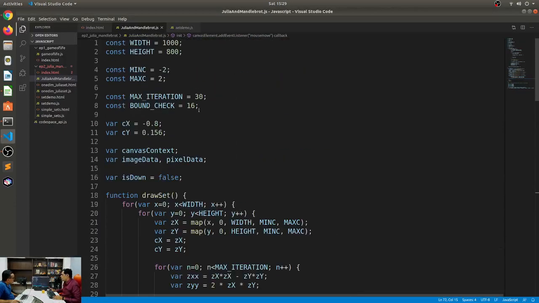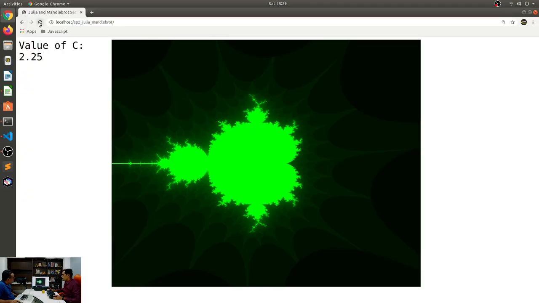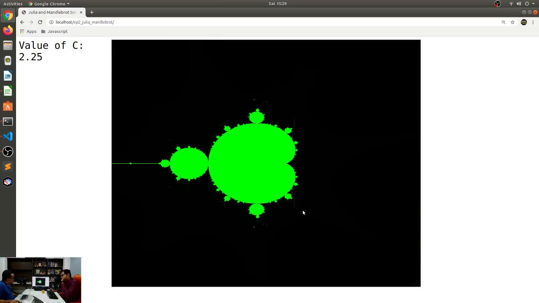Let me take up the iteration to, let's say, 1,000 iterations. And if it exceeds 4, I'm just arbitrarily selecting 4, I know that it will never come back again. If I do this, now it is a little bit more granular. You are able to see the Mandelbrot details in much greater detail. But each one of these bulbs by itself is a Mandelbrot set. So that's it.